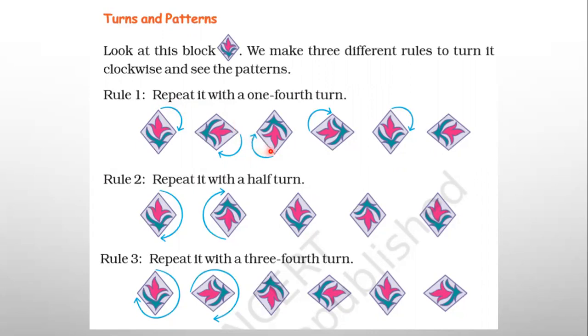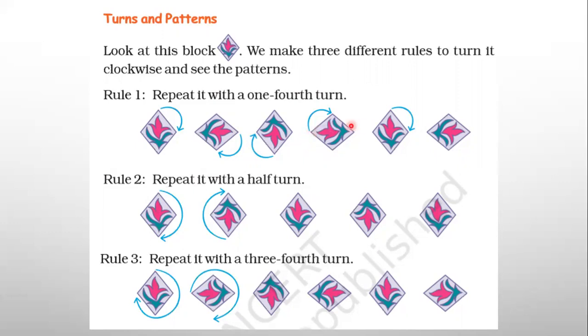And in the next 90 degree turn, it will be coming down. See, from this right side position, it will be coming to the bottom position. The tip of the flower is now down. Now, in the next 90 degree turn, it will be coming to the left side. See here. The first figure, it is on the top. Second figure, it is in the right side. Third figure, it is coming down. And in the fourth figure, you can see it is coming to the left side.